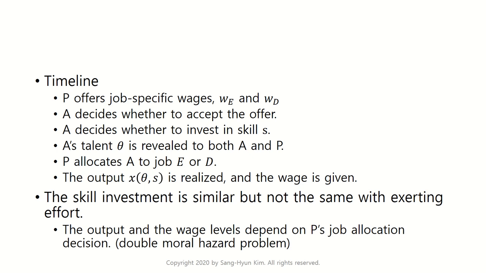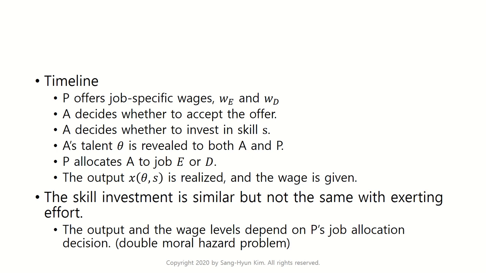So nobody knew what theta is. And without knowing theta, the agent makes the skill decision, right? And the principal assigns the agent to job E or D,